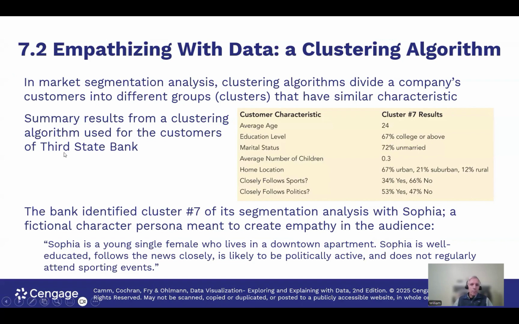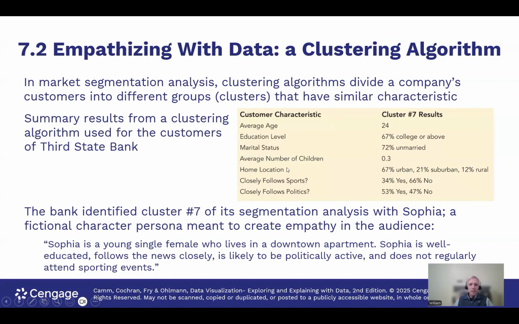So this bank, Third State Bank, did a clustering analysis, and they came up with at least 7 clusters. I don't know how many they came up with, but at least 7. And here's the characteristics of this cluster. The average age is 24. 67% went to college. 72% were unmarried. They had 0.3 children. It's always difficult to have a third of a child. Anyway, you can see the statistics that this